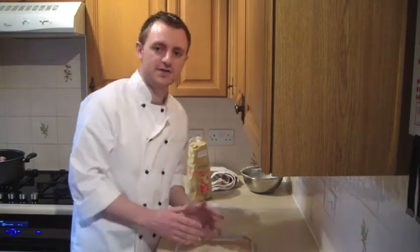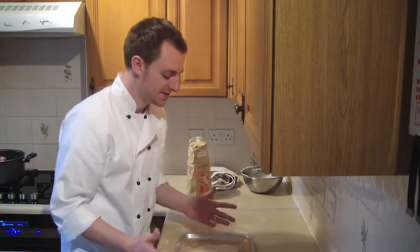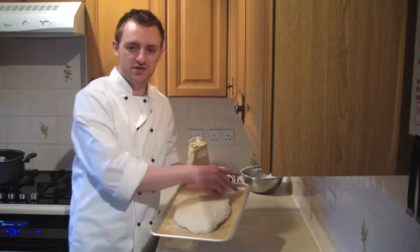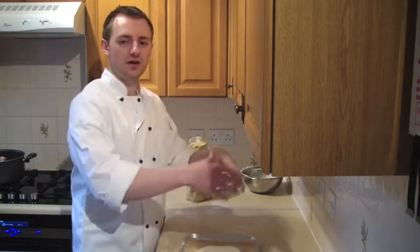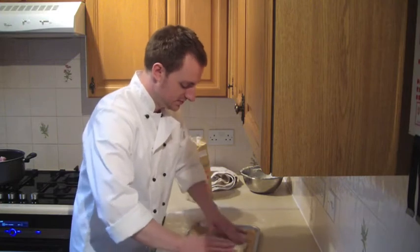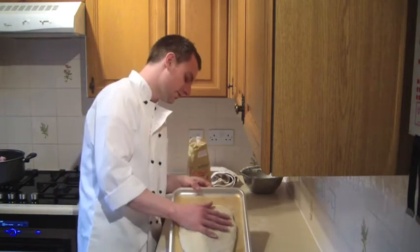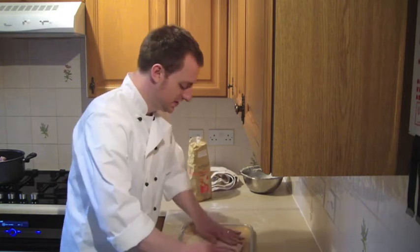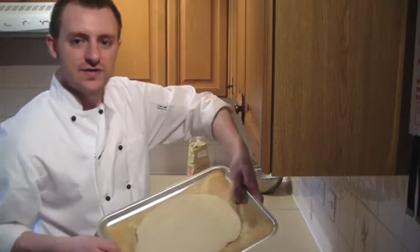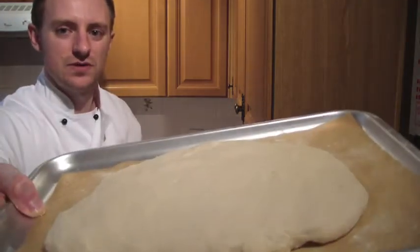Bear in mind that it's going to rise again and double in size, so you don't want to flatten this bread out to the entire size of your tray, because when it doubles it's going to start coming over your tray. So it's about half an inch thick at the moment. Okay, so once you've got your bread like that,